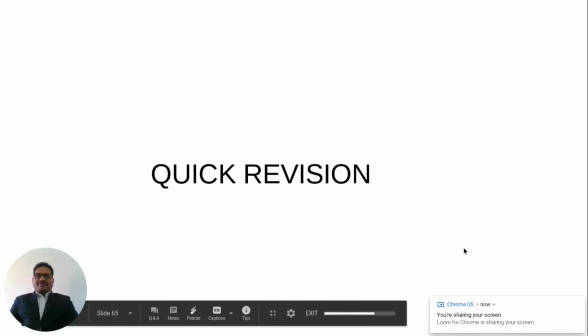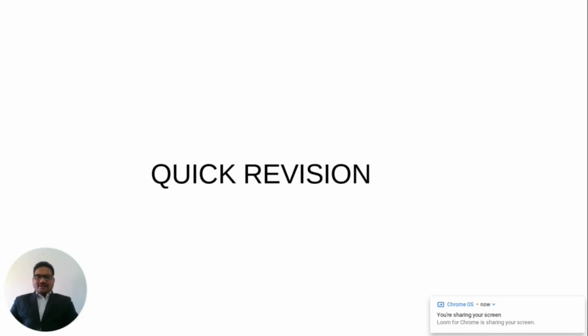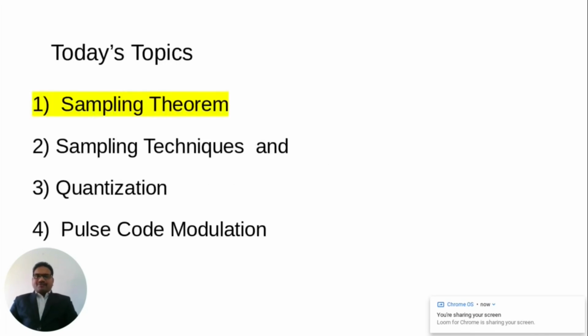In the previous lecture, we studied what digital communication is, why it is important, and the different advantages and disadvantages of digital communication over analog communication. Then we saw the different blocks involved in a digital communication system, and the details of each block. After that, we saw the different nomenclature used in digital communications. Now, moving to the next part, today's topic we are going to start with is the sampling